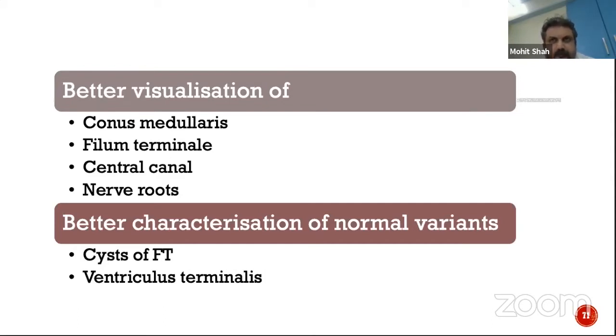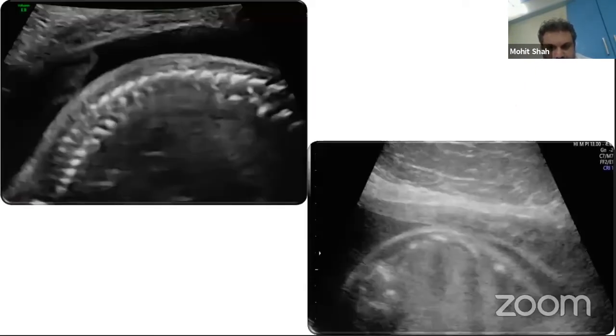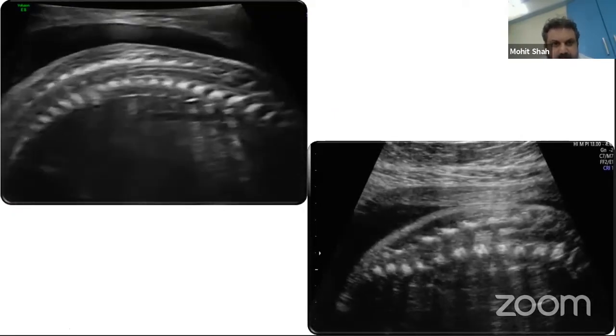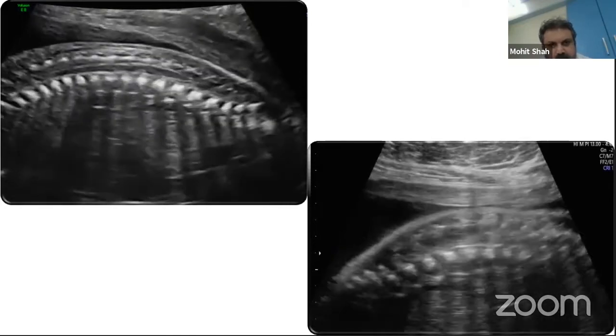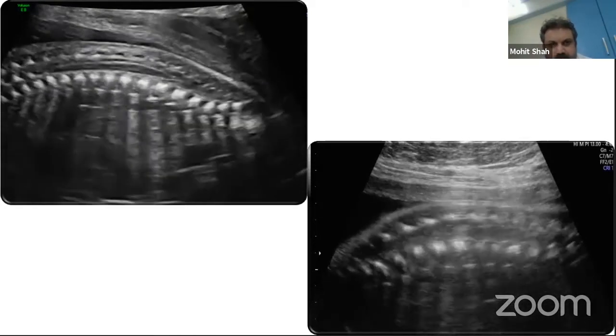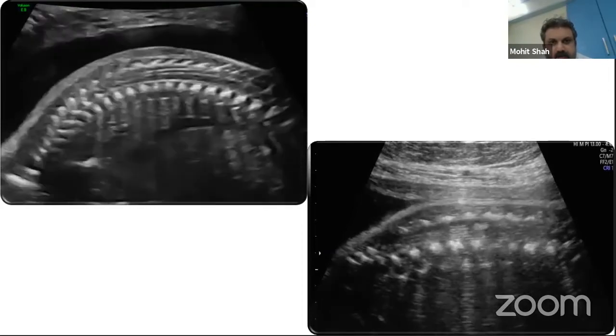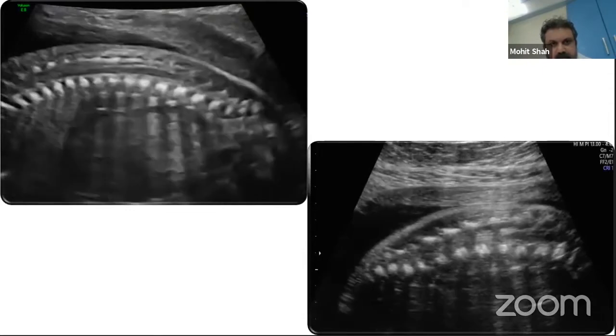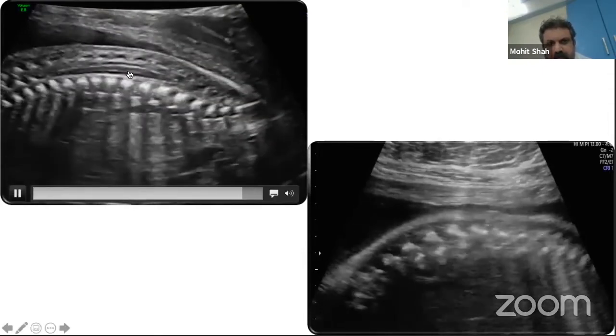And more importantly, if you need to look at the spinal cord, we need to go in the midline. As Dr. Ramamurthy sir said, the posterior ossific nuclei are paramedian. So in between, if you take a mid-sagittal section, you will be directly interrogating the spinal cord, which will be seen as a tubular hypoechoic cord-like structure in the central portion of the spinal canal, and you will see in the vertebral canal, and you can actually see it till it ends